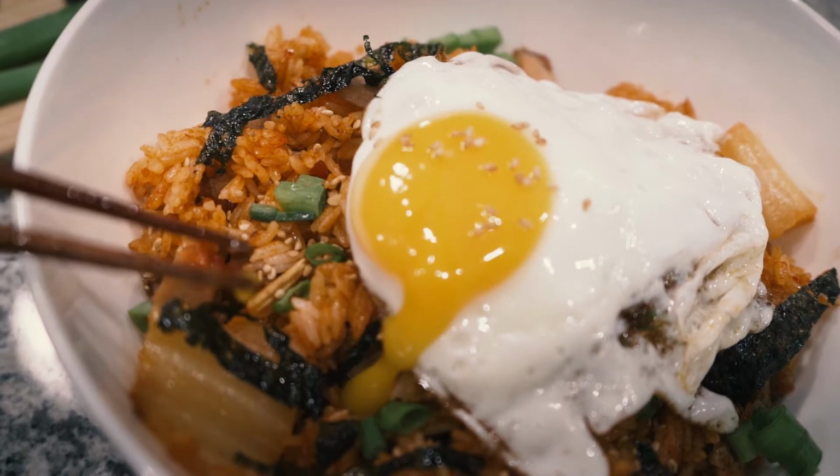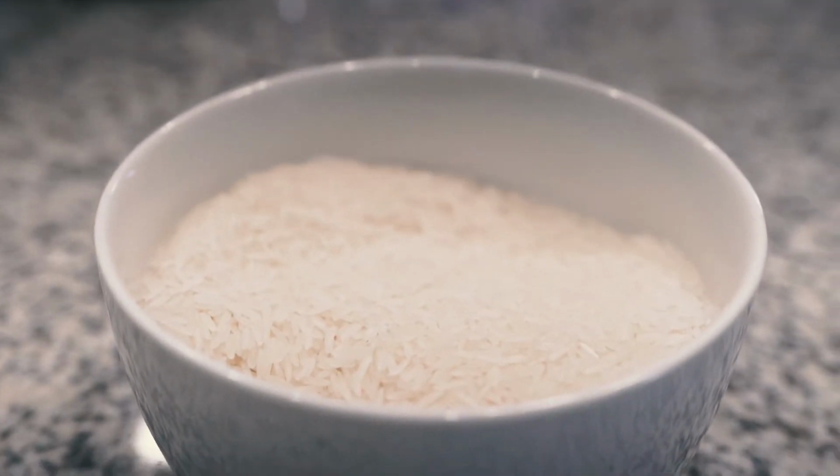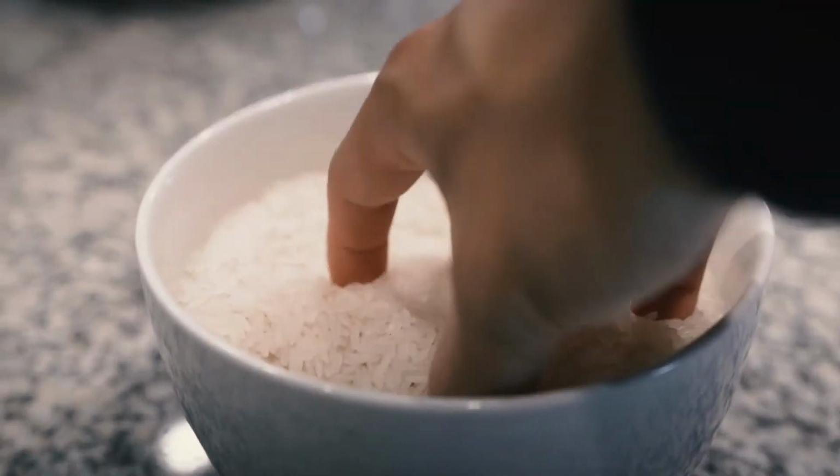Yo, what's up? Today we're gonna make kimchi fried rice, or as it's called in Korean, kimchi bokkeum. This is a fairly popular Korean dish that's really cheap and really easy to make. Its main ingredients are kimchi, of course, rice, preferably leftover rice, but I don't have leftover rice today, so I'm